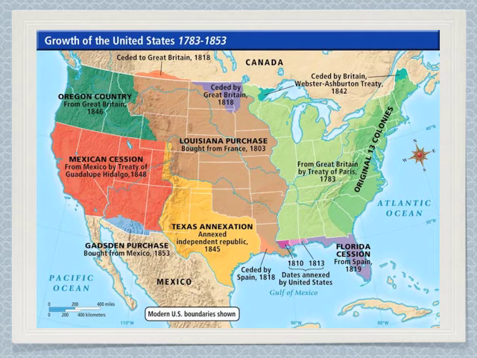And here we have a map of the growth of the United States during this time period of expansion, Manifest Destiny, 1783 to 1853. And we see how the colonies have grown into states, and from states into a country, from sea to shining sea. Florida was added in 1819, Texas, Mexican secession. So as you look at this, you just see how by 1853 the United States really takes shape.